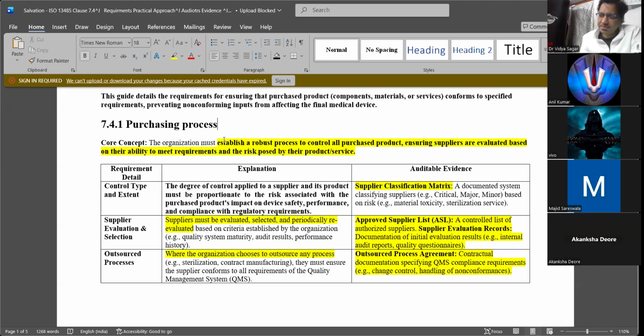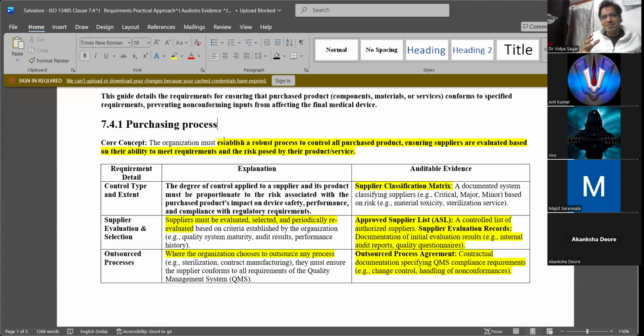We look at safety and performance, and indirectly it is linked to the purchase of the material. If your material is of good quality, most of the things will go right. If your process and other things are properly placed, a lot of things still depend upon the material.